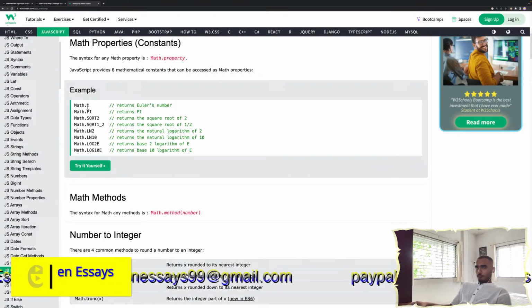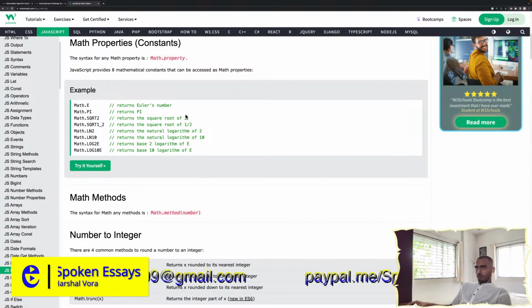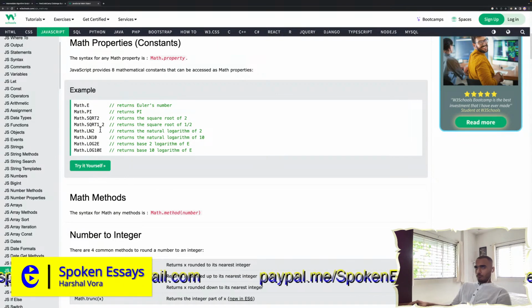Nice. Pi, e, Euler's, square root of 2. I think if we write sqrt,